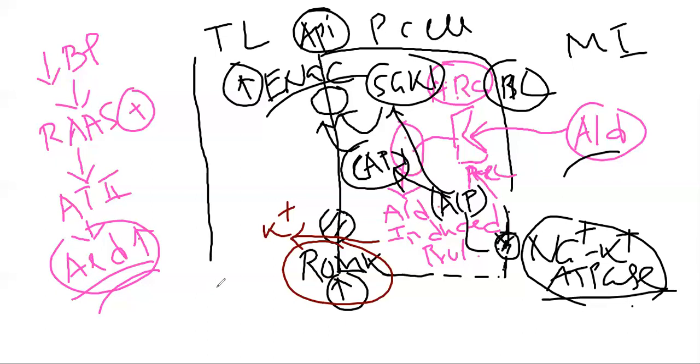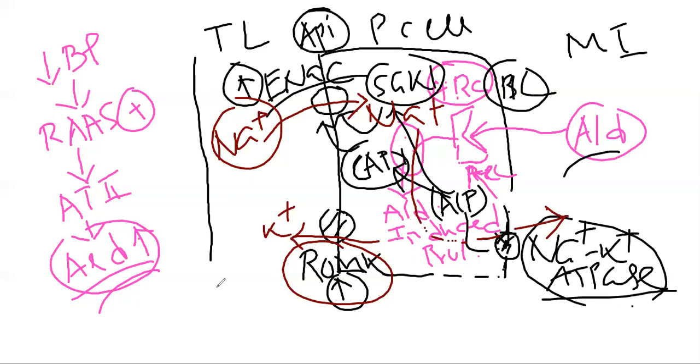Now, as the filtered load comes into the distal part of the nephron from the early part of the DCT, there will be sodium in that load, and eventually this sodium ion will be reabsorbed first via the epithelial sodium ion channel, and then finally from the principal cell by this sodium potassium ATPase pump.